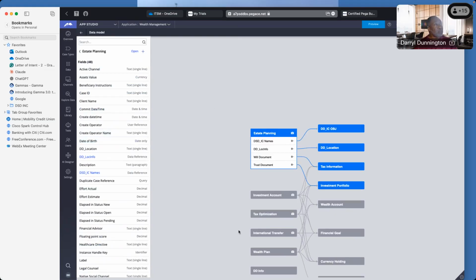And then it gives me a model that says for this case type, it's referencing these 4 data objects that are being utilized. So it gives you a map. From a design perspective, that's all I need to know from a business architect perspective. So let's go back to this. And I believe I have one last